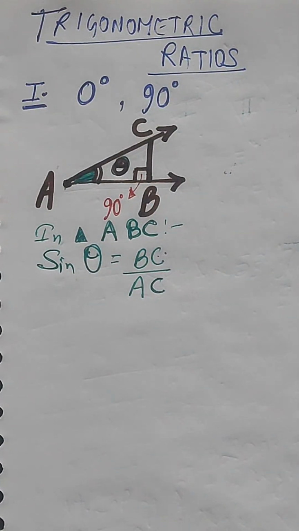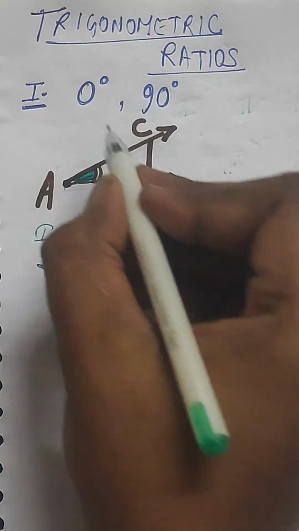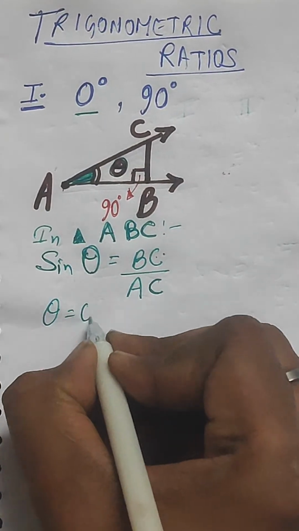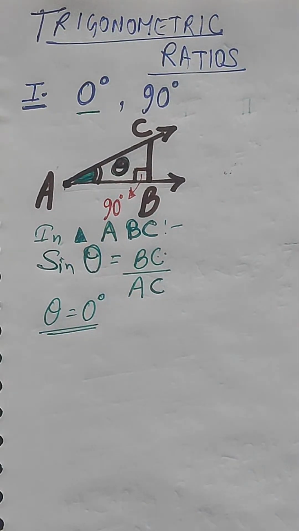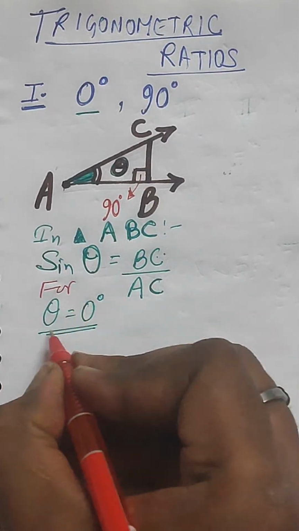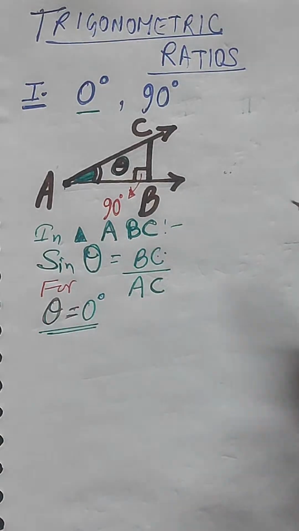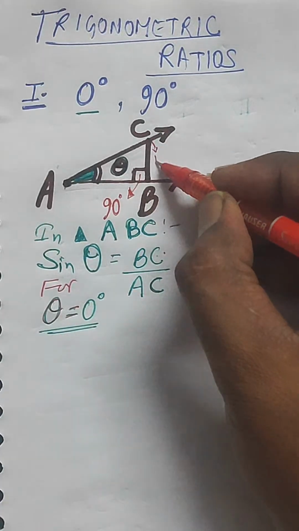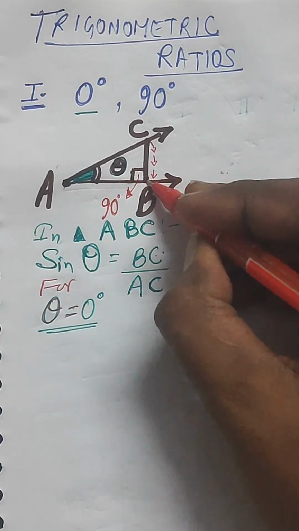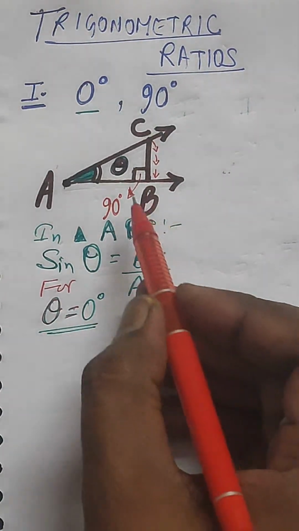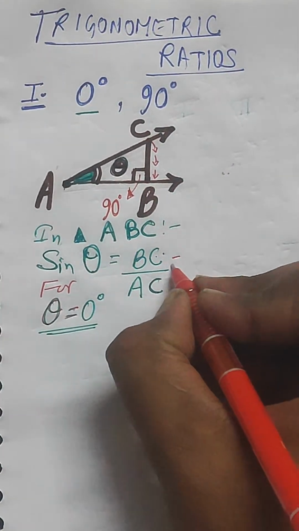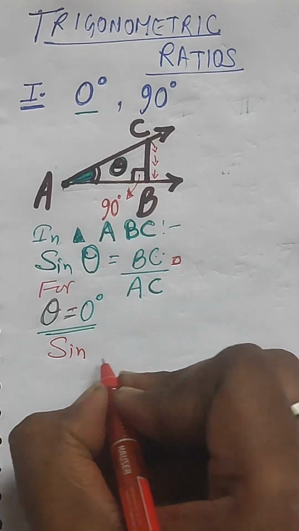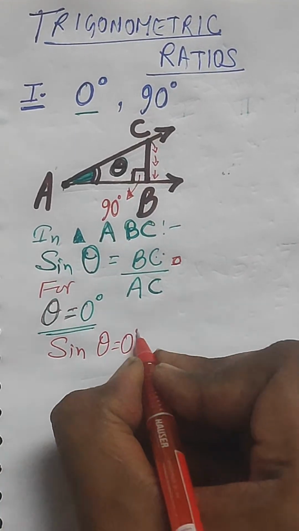Now, just say if theta is equal to 0 degree, right? If theta equal to 0 degree, for this case, what will happen? This point C will come towards B like this, and it will collide with B, isn't it? Then in this case, sine theta, which is BC by AC, can be written as, for theta equal to 0 degree,